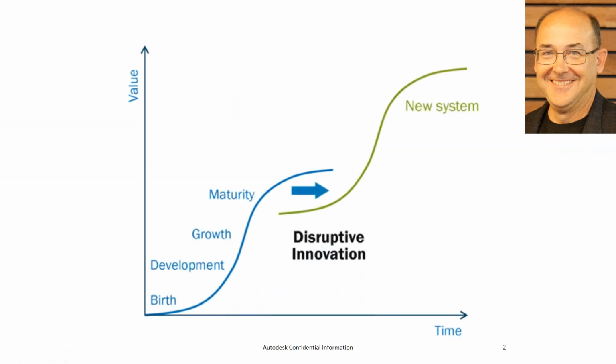Here are my slides. So classic business: birth, development, growth, maturity. And this is where Autodesk went through over a period of about 30 years. That was our classic desktop perpetual business. The disruptive innovation phase really has been this move from perpetual to subscription, and from perpetual single products to subscription with collections, whether that's an AEC collection, a product design collection, or an M&E collection. That's the new business process, the new system, the new platform.